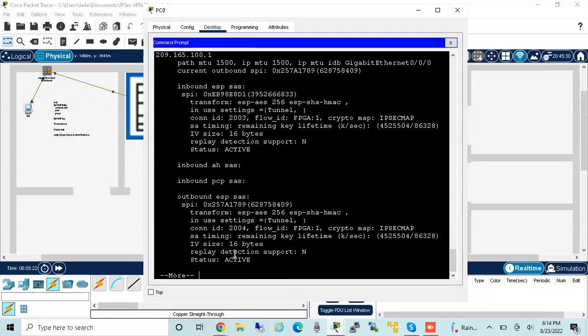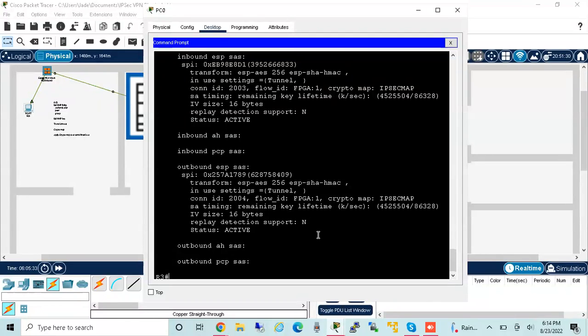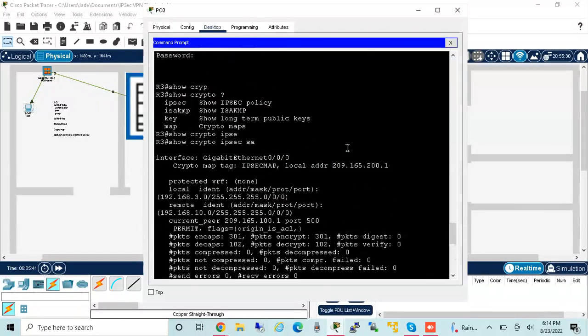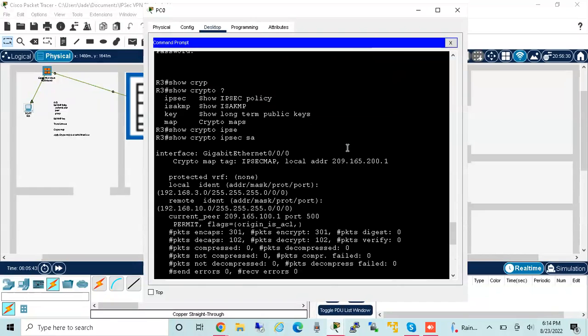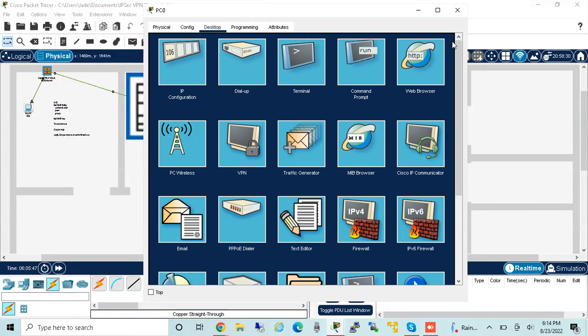All right, so status is active. It's more than what we had before. Outbound is our AH SAs. Outbound ESP SAs. We have our local crypto endpoint 209.165.200. All right, this is working pretty lovely. All right, so this is the full configuration of our